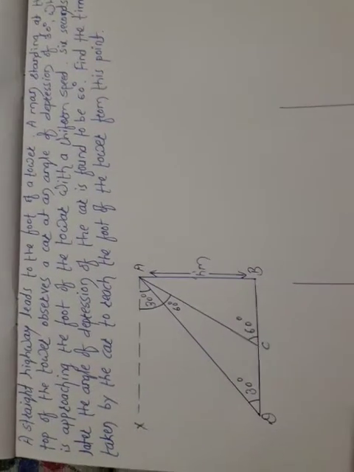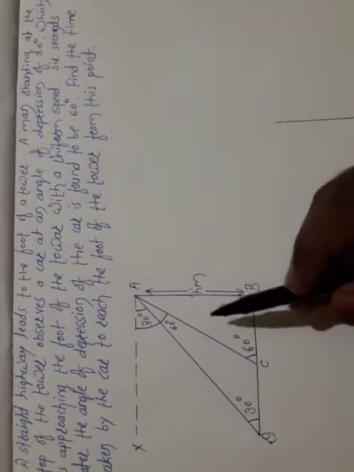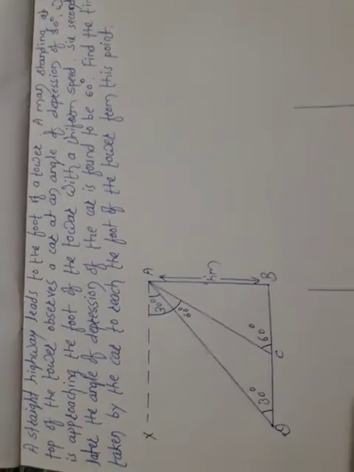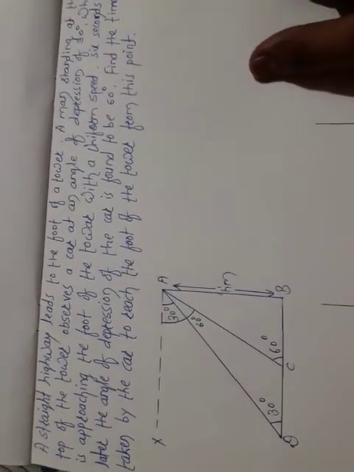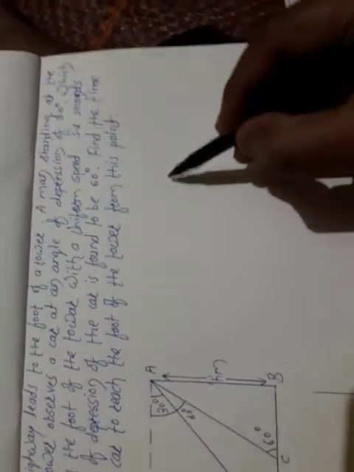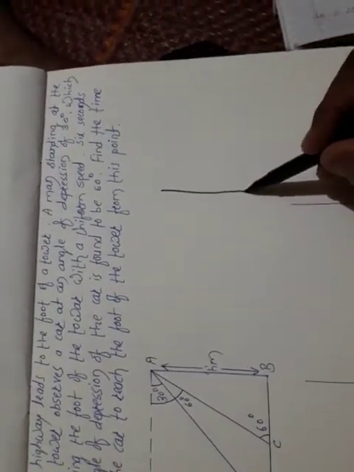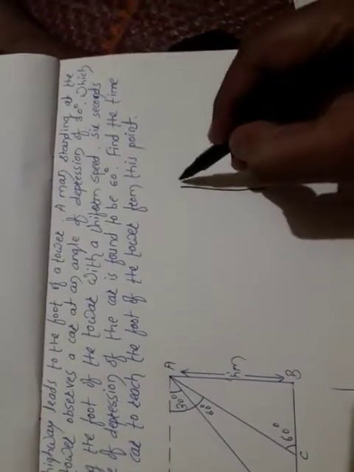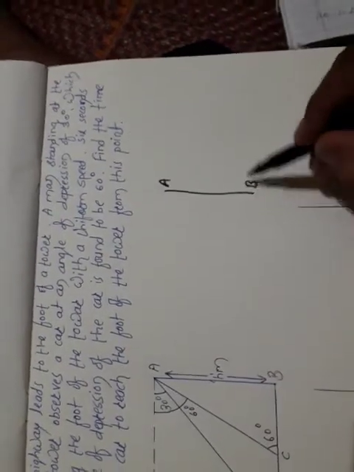Here I have already drawn the figure. I will explain it. This figure you have to draw in your notes. That's why I have drawn this figure in a proper way. Now look here. Let the height of the tower be AB. This figure is formed like that. This is the height of the tower. We can consider the height of the tower is AB.